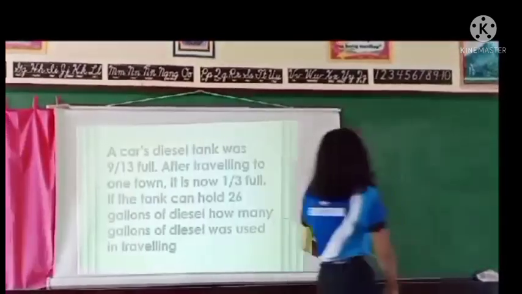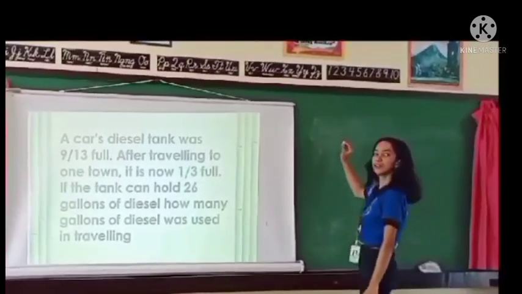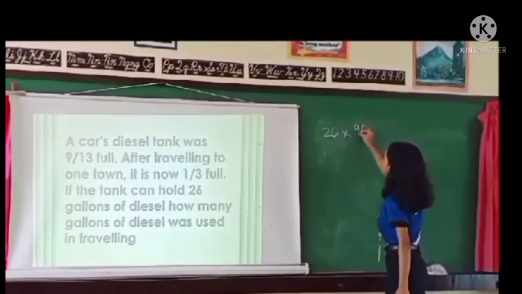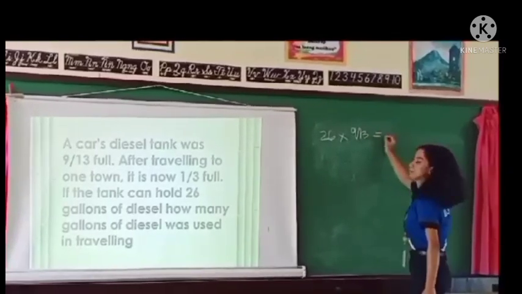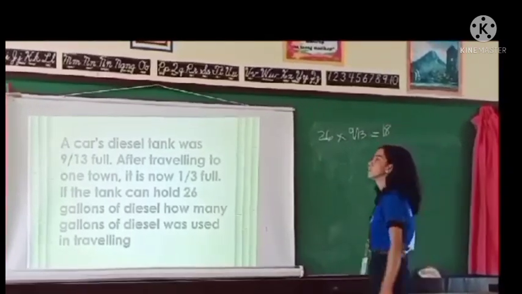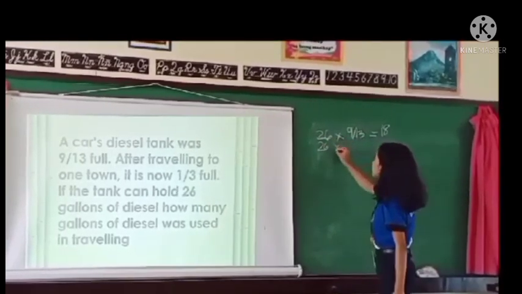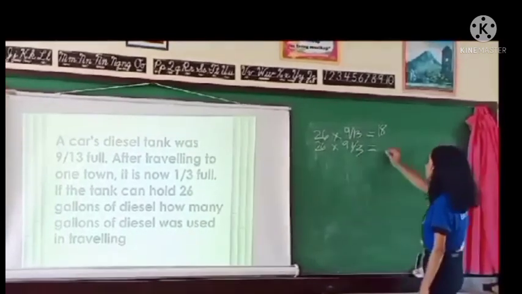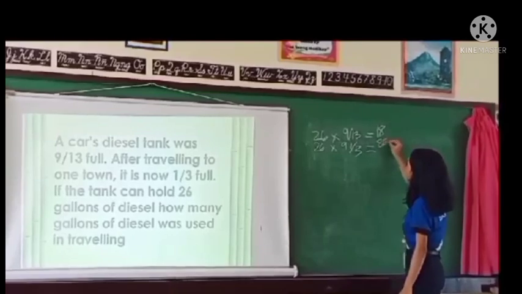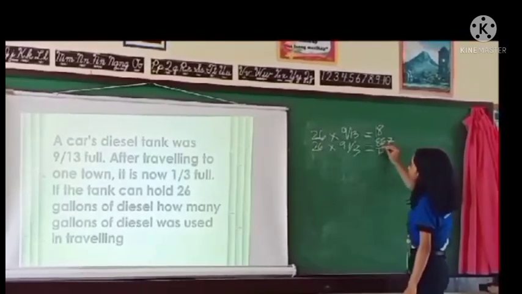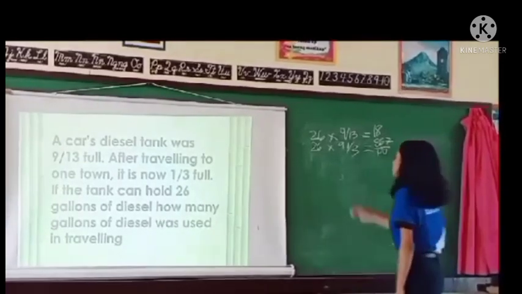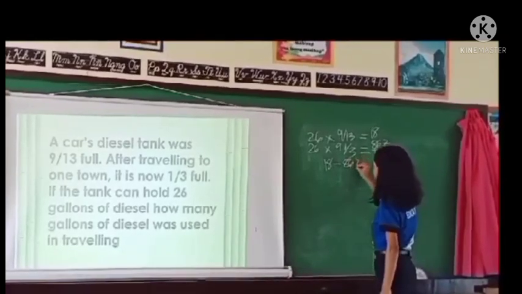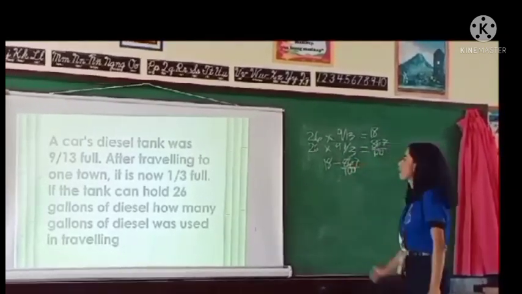Okay, to get the answer, you need to follow this solution. 26 times 9 and 1/3 is equal to, correct, 18. How about 26 times 1/3 is equal to, correct, it is 867 over 100. Now, you need to subtract 18 and 867 over 100. So the answer will be